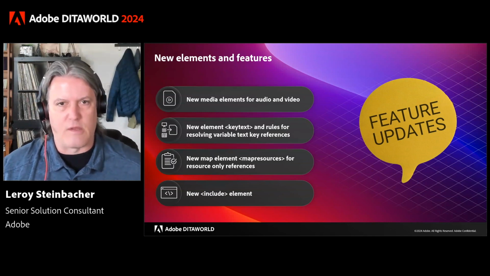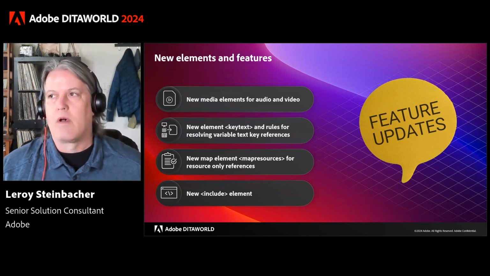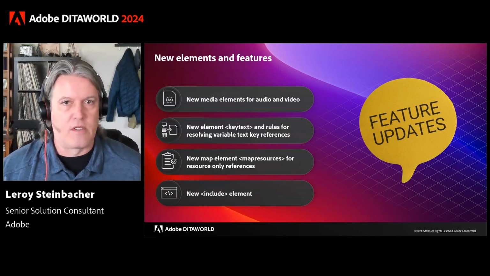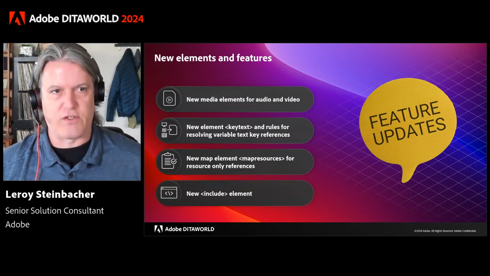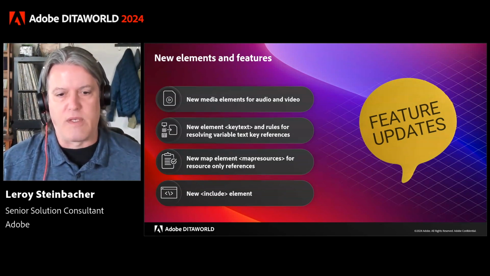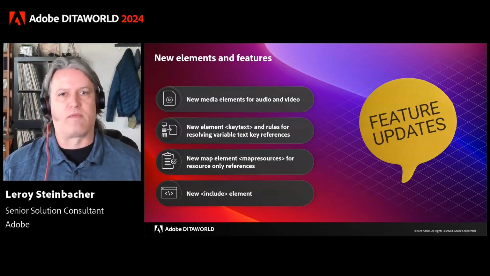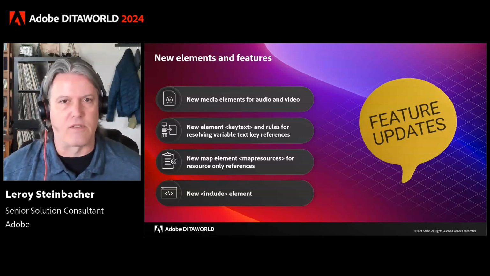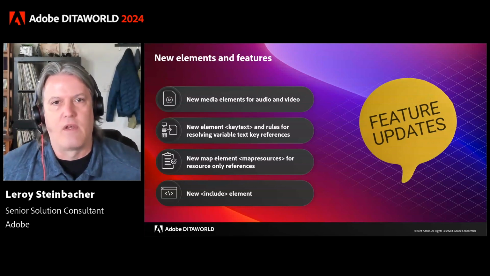It can give you the ability to have multiple audio or video file formats. For video, you can also include a link to, let's say, some transcripts. So you can have a closed captioning transcript with the video along with the video. It gives you some more accessibility features. So you can have a description of what the video is. There'll also be maybe some text that'll show up if the video doesn't work. So it's really going to pull in a lot of the media functionality that already exists for HTML5 directly into